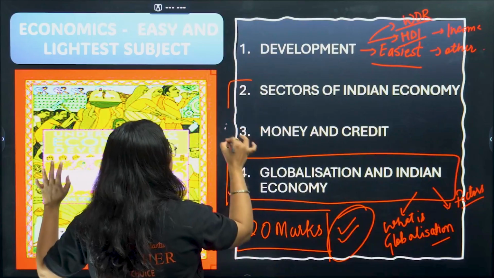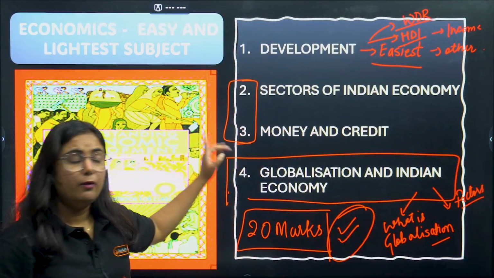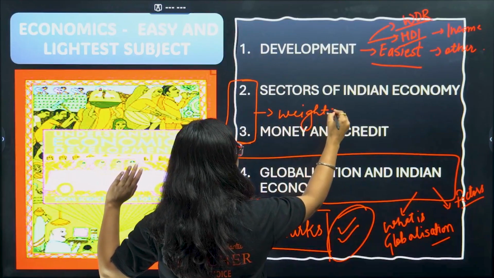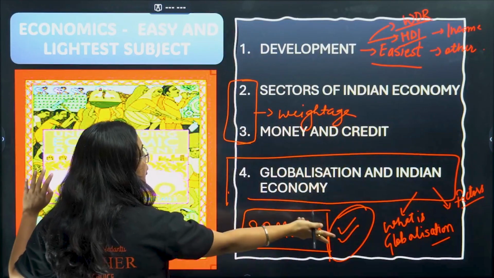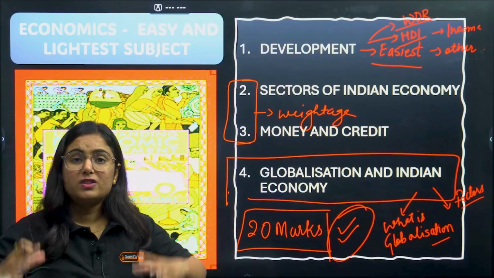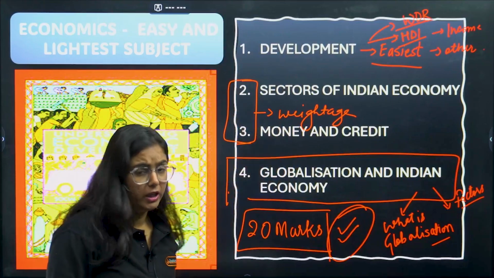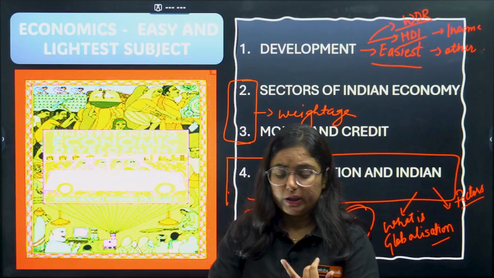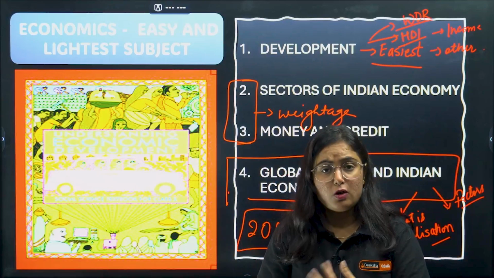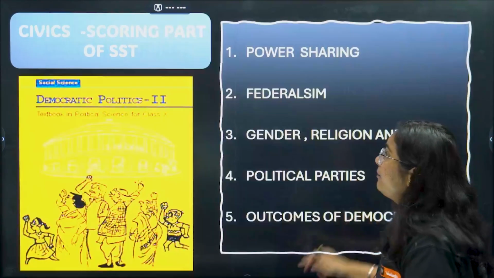The most important two chapters from economics are the second and third, which have very good weightage, because you can understand there are 4 chapters. One has only 2 topics, the second can come as a case-based study. The most weightage lies on these 2 chapters, and they are very important. You need to study them thoroughly. Read NCERT, watch my one-shot explanation videos, make your notes, revise them, and repeat the same for the next one,